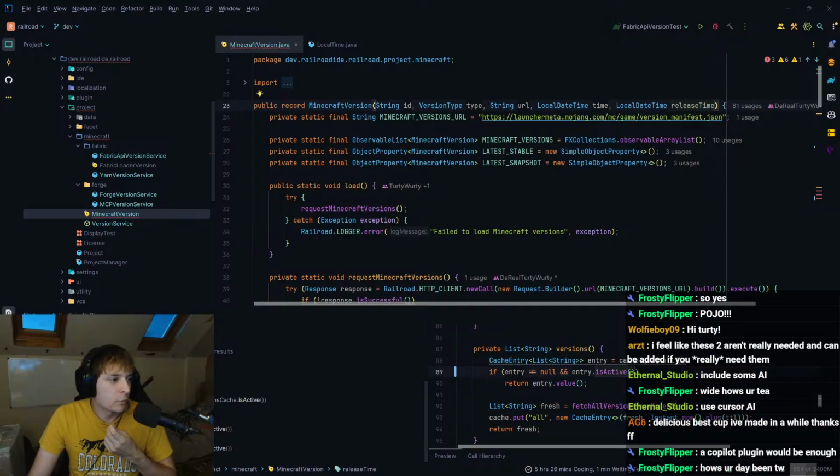Because I think they go down to about 4 bytes. So that means it's 24 bytes. If we do that same calculation, 24 times 350, and I think 350 is being generous, I don't think there's 350 Minecraft versions, then that's 8.4 kilobytes. Yeah, I'm not going to remove them. I think we'll keep them.